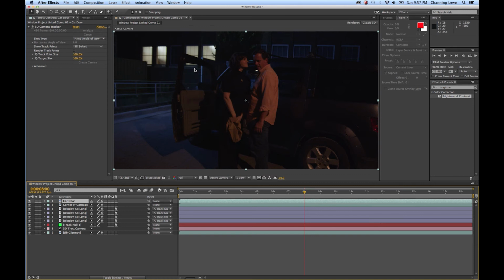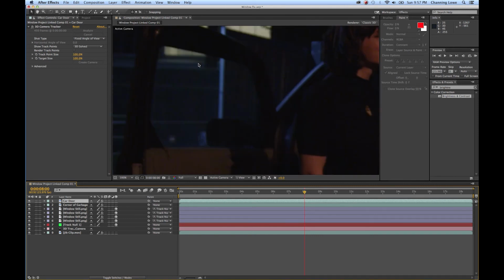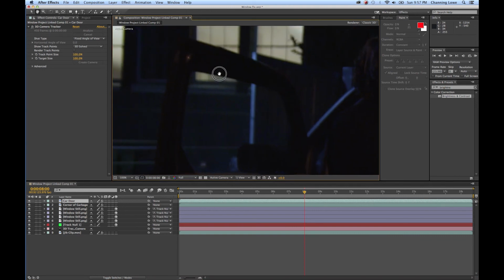So now we've got to move a bit closer to the car door here. And this one's going to be a bit tough. This is going to take some work. But once again, that's what doing effects is. It's a lot of work. So you're going to click